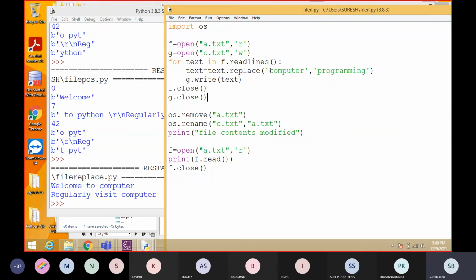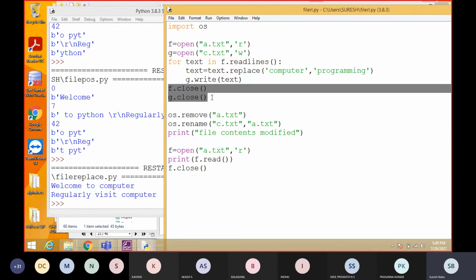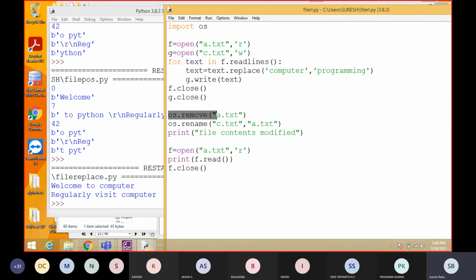By using that, we are going to change computer to programming. Then after processing, I am getting the content from f and writing everything in the g. That is copy paste. Everything we are copying into the another file. Then we are closing both the files, and I'm going to remove the original file a.txt, and after removing, I'm going to change the name of the c.txt to a.txt.